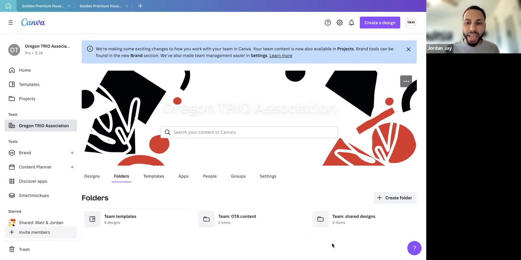These ones I've made, I made this shared team. It hasn't been utilized yet because this is pretty new for Oregon Trio Association, sharing it with all of the Oregon Trio programs, but that is set up so they can share different templates amongst themselves. The goal that we have is hoping that different programs are not all making the same content for the same types of things.